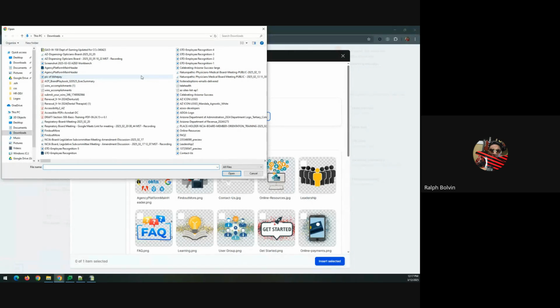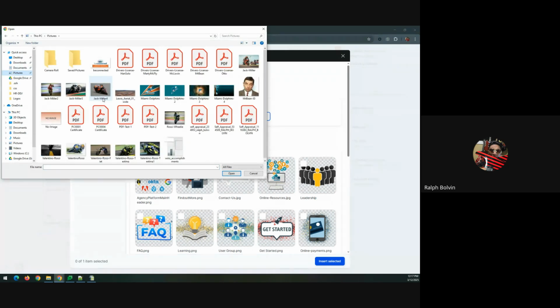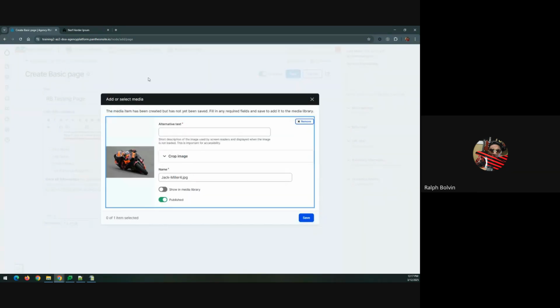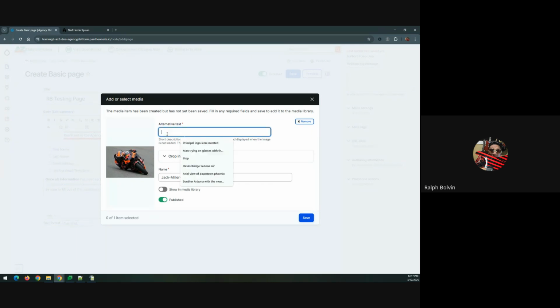JPEGs, PNG files, those all work. And let me just grab an image. Double click on the image, it will load up. And now it's going to bring up a little dialog box. Alternative